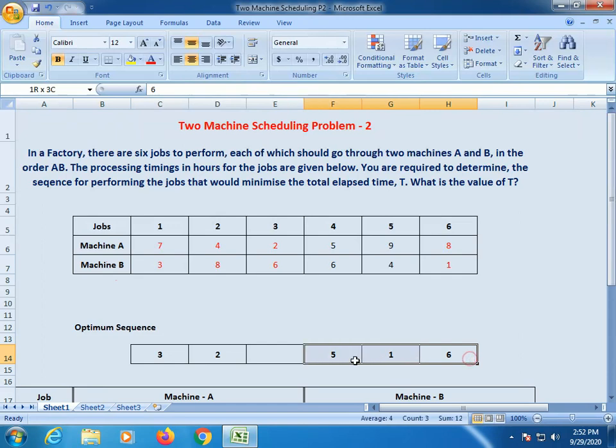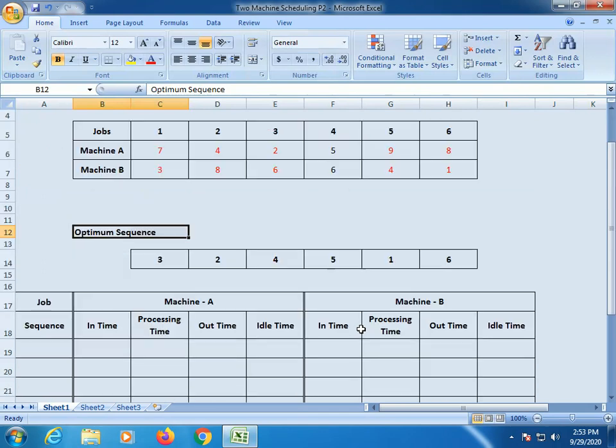So from right to left we place it, because in the third place I am placing, since we already have 2 jobs here. After 2 jobs we have to place another job. I just changed the color of these 2 values. So only one job remains. Among these 2, the shortest processing time is 5, so no need to check this. Simply we can place job 4 here. So this is the optimum sequence.